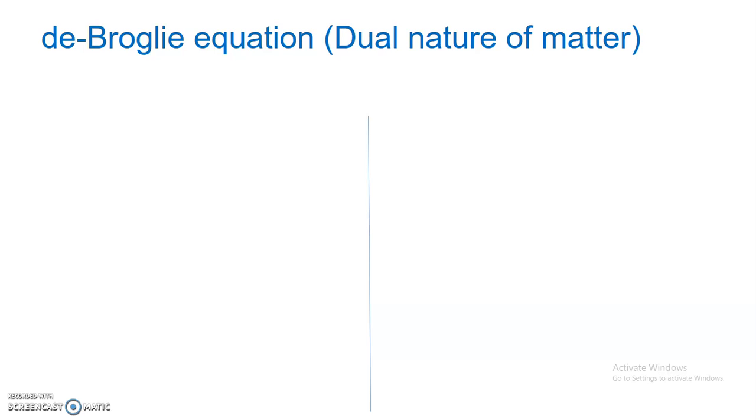During the last video, we discussed the emission spectrum of hydrogen, or line spectrum of hydrogen. Now in this video, we are going to discuss the de Broglie equation, or dual nature of matter. In the year 1924, Louis de Broglie suggested that